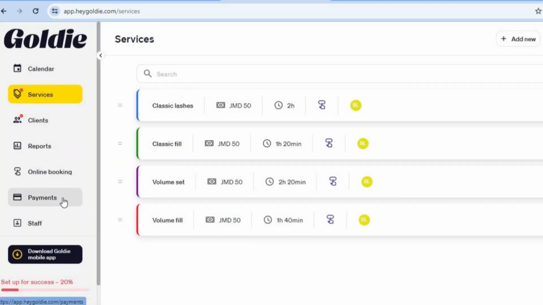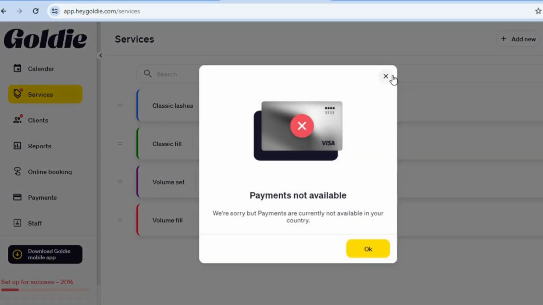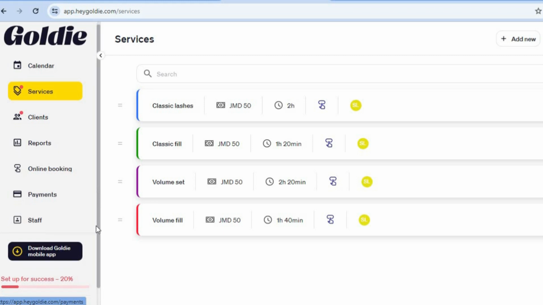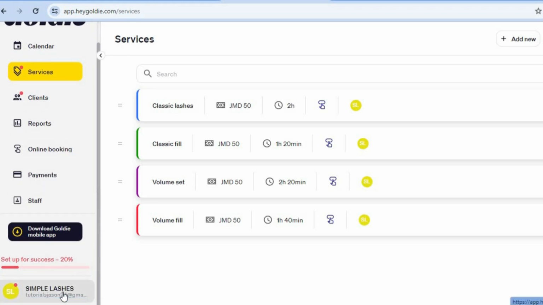So it all depends on the country that you're located. But once you're on the paid plan, you'll be able to accept payments. It doesn't matter the country you're in. Once you're on the paid plan, you'll be able to accept payments. But at the moment, that is what it is showing me. Now, once you're finished doing all of that, you can go